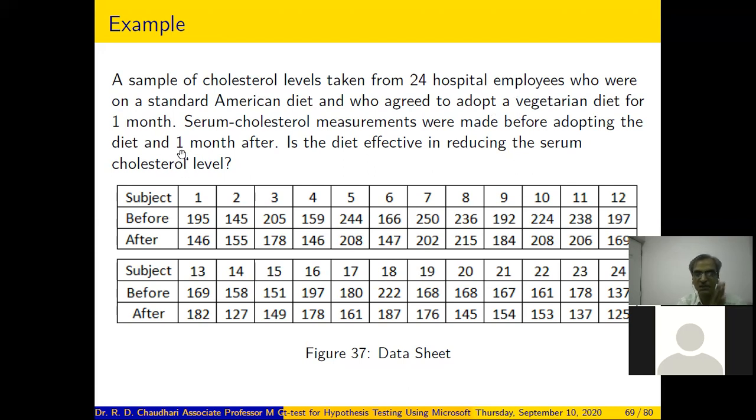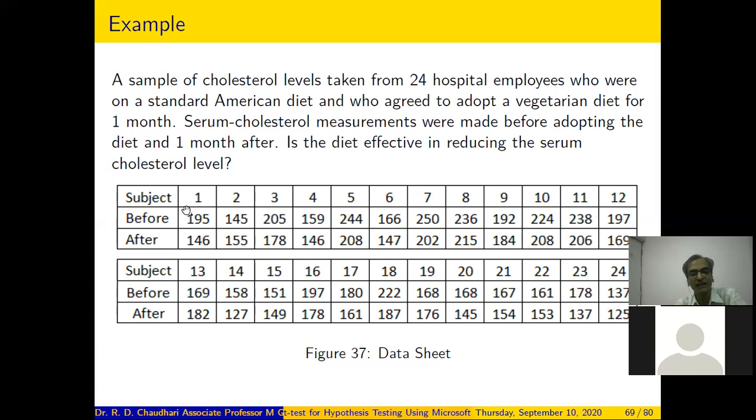Serum cholesterol level measurements before adopting the diet and after 1 month of vegetarian diet are collected, right?